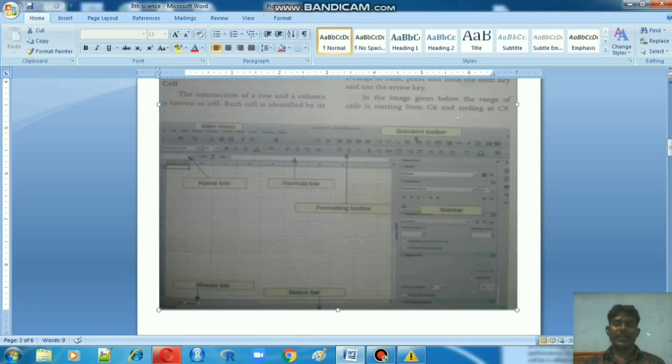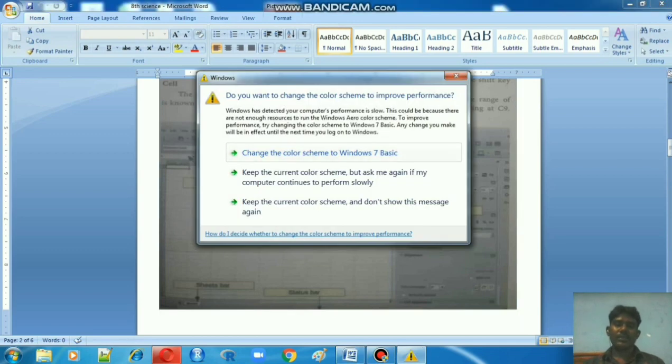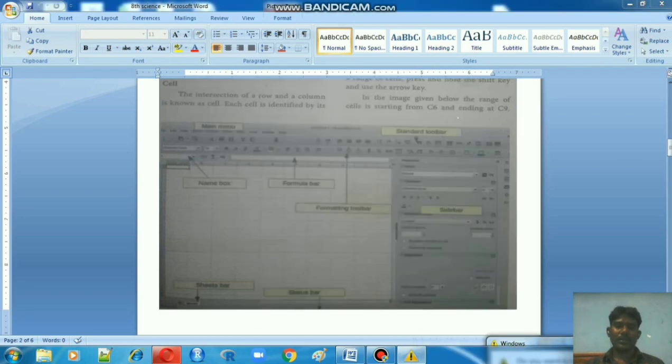Okay, this is the LibreOffice Calc front page, the home page. Maybe you understand from this page itself. Our Excel page is like that only, this design also. How you see it in MS Excel, it is like that only for LibreOffice Calc also, nothing is very different. See here, the rows and columns, the toolbars. Some different extra toolbars they have given, that's all, otherwise it is the same. You have to work it out, then afterwards you will understand clearly.